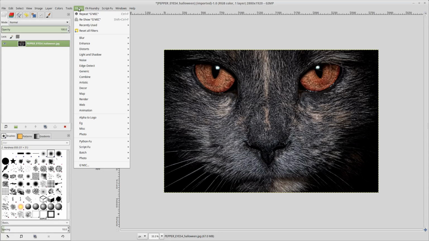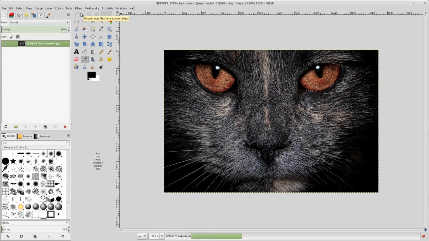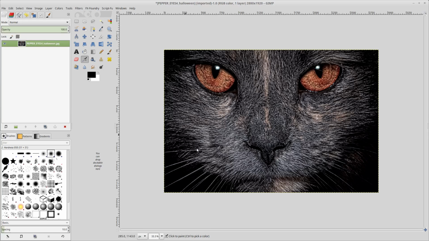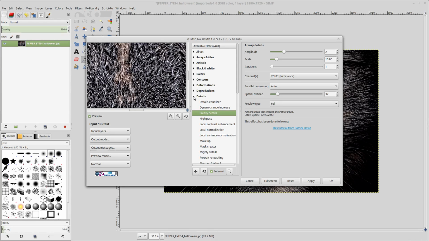Let's click filters and apply that GMIC filter again. There you go. Now we've got this high contrast for all of the different pieces of fur and whiskers for the cat. So now that we have that, the next thing we want to do is smooth out all of these hairs. So let's click filters, GMIC again. Let's close the details section and go to the artistic section,